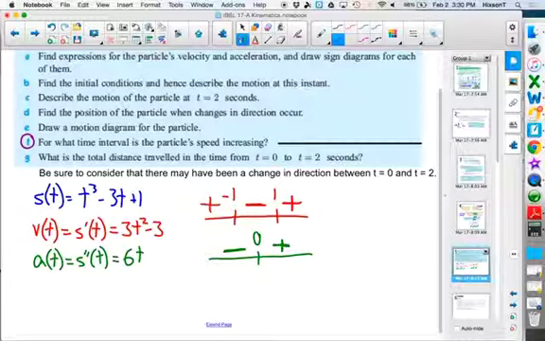Same sign for acceleration and velocity. So right here, I'm going to separate these like this. Okay? So I have a positive and a negative. I have a negative and a negative. I have a negative and a positive. And I have a positive and a positive. Now, notice up here they said,